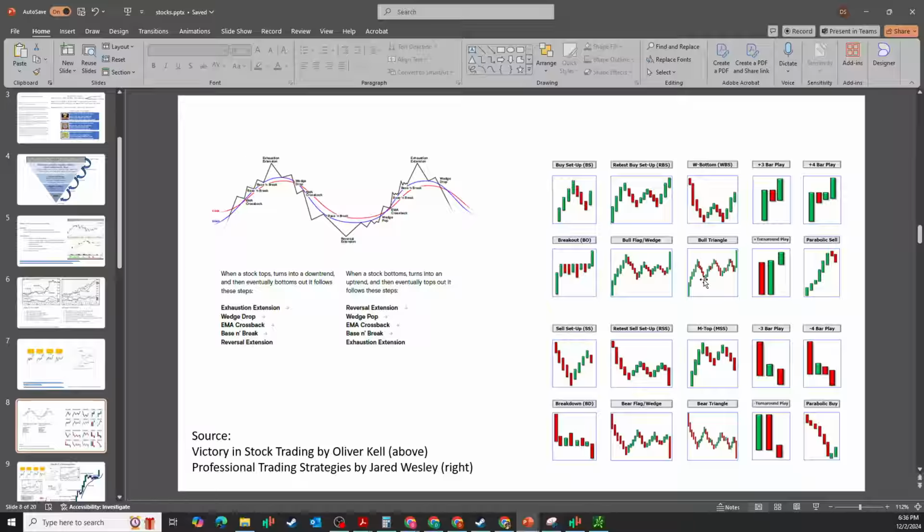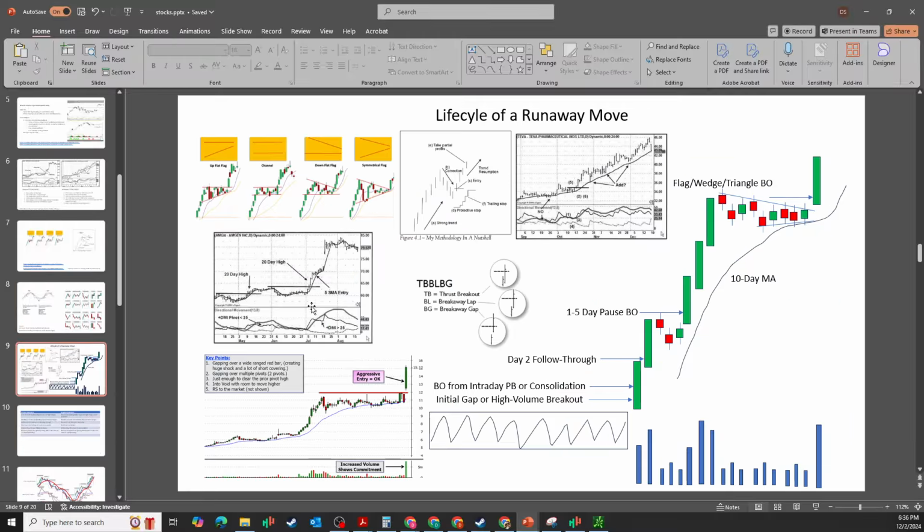What people do though is they sit here and they get wrapped up in the weeds of these different patterns. And then they kind of hand wring over which one's better than the other, and this trader versus that trader. And the thing that they're failing to understand is, how do you put this into just a basic life cycle of a runaway move? If I take all of these different things that I just talked about, all these different concepts,